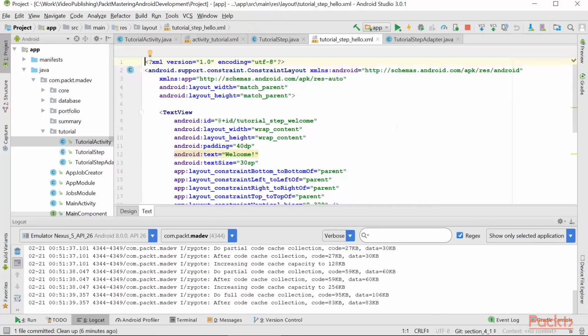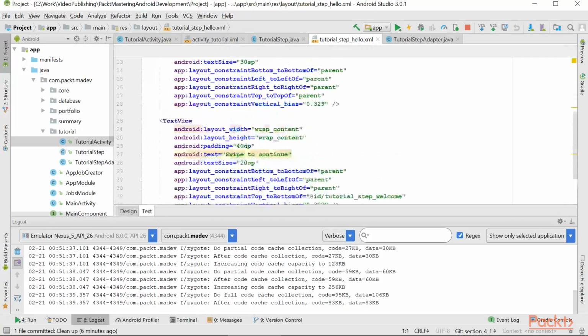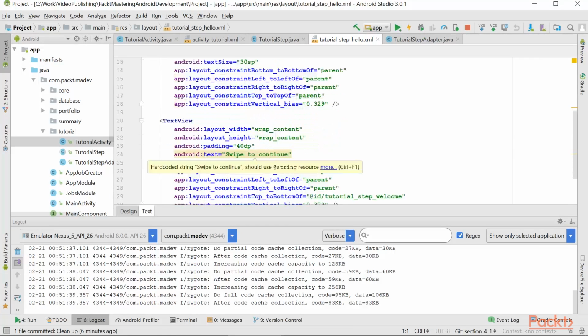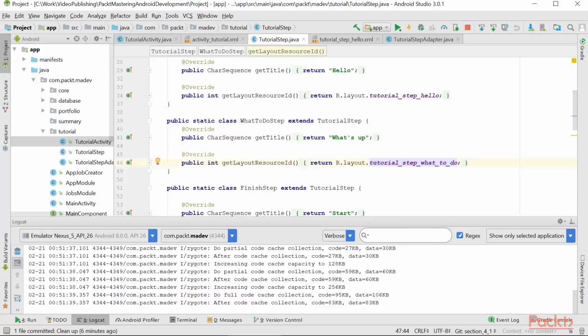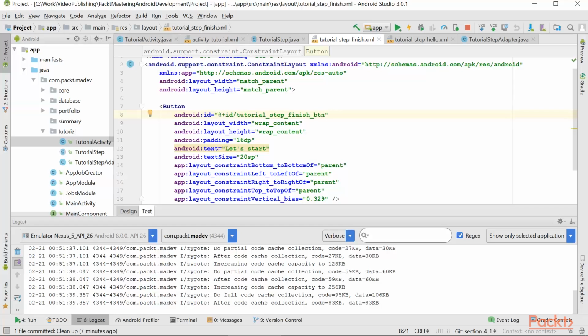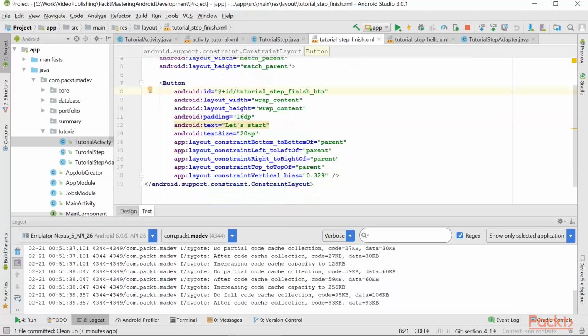If we go to the hello layout, we can take a look at how it looks, and it's just saying welcome. Very simple. Just a text view, swipe to continue, a short explanation so the user doesn't get lost. And we do something similar with all the other steps as well. The final step that we call finish step is filled with a button. It basically contains a button that can be used to start the actual application, our main activity